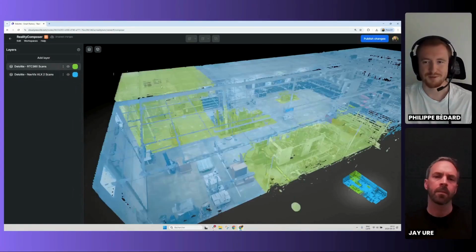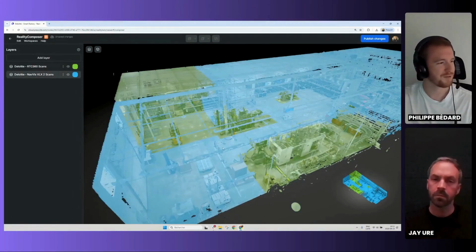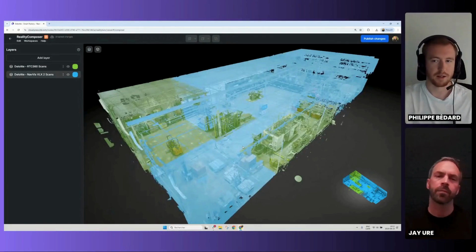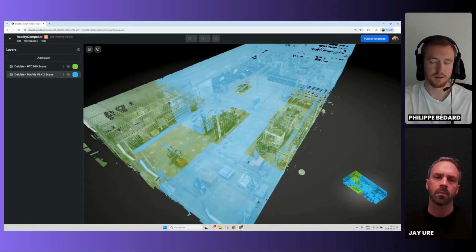There's probably some stuff that was added or removed, so we could capture those differences and update the